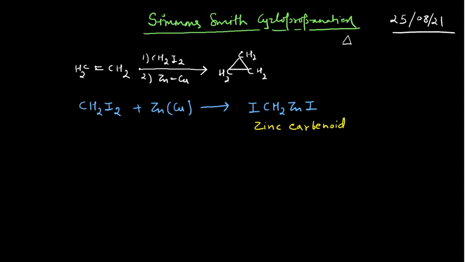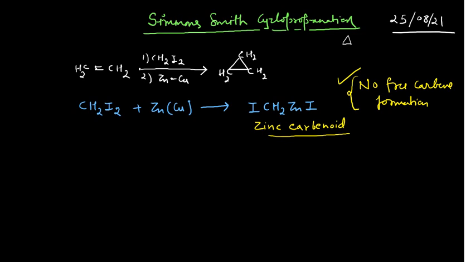You can consider this carbenoid as equivalent to carbenes. It is very important for you to remember that in Simmons-Smith cyclopropanation there is no formation of free carbene. No free carbene formation. So what would be the advantage? You know the carbene is a very reactive species. If the carbene forms in a certain reaction as a free carbene, it can do a variety of reactions and can give you various side products.